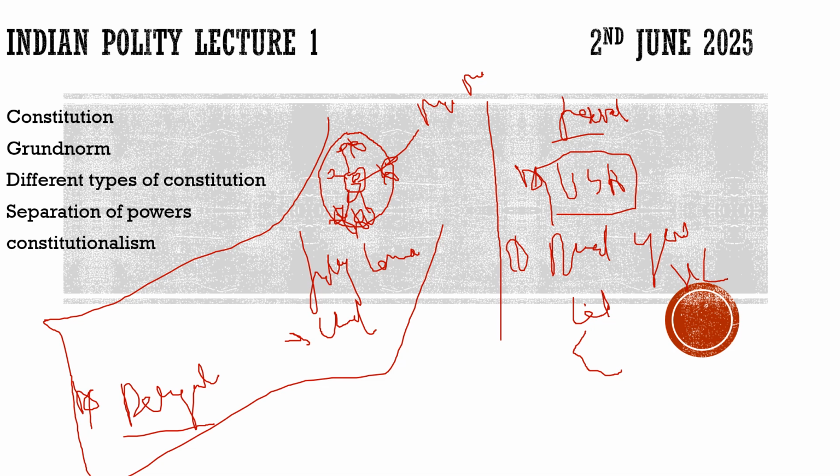Second thing, what would be there? Second thing, there would be the distribution of powers as discussed. There would be dual government, the central government and the state governments. In the US, we know that there are different states and they are governed by themselves, and they have the central law also. Similarly, if we take the example of India, we have the central government and we have state governments. We have the 7th schedule, which we will discuss, which distributes the powers between the center and the state. It defines what are items under the state list, what are items under the central list, and what are items under the concurrent list.